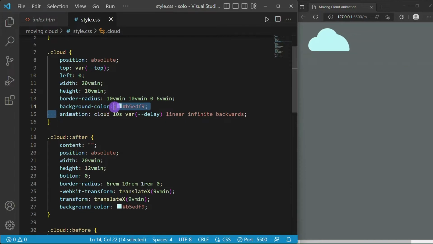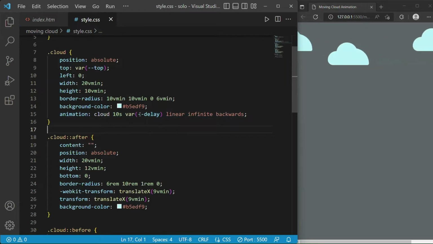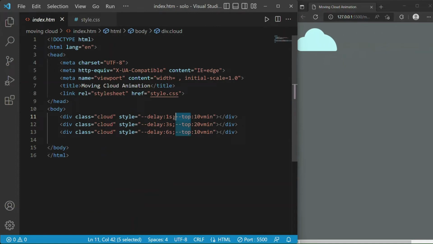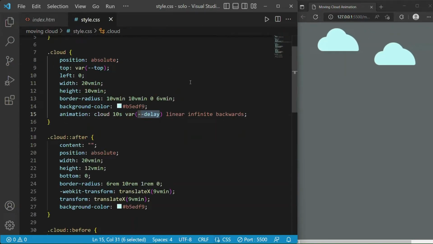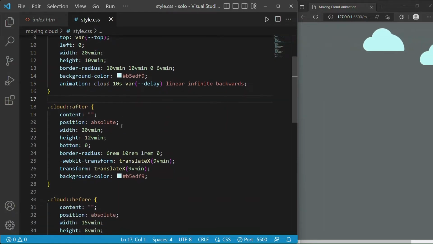Then I have taken the animation name cloud, 10 seconds, and a variable delay. Here in the HTML file you can see the variable delay, and linear and infinite, and it will be backwards. So after doing this,